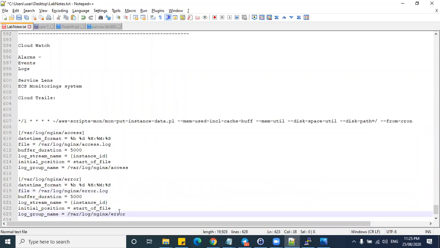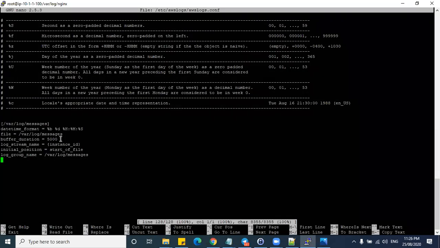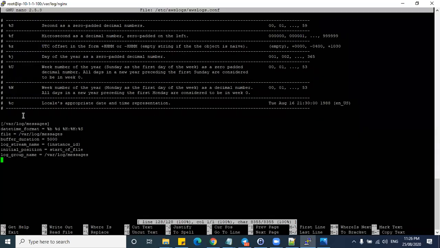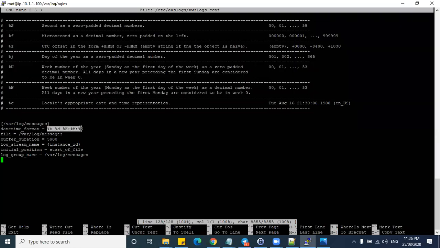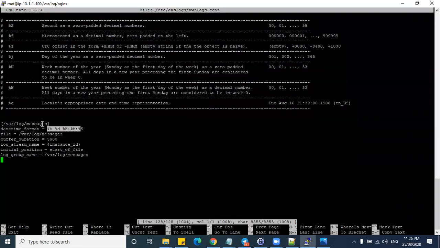Any queries on why I'm doing all these things? So we have installed a tool called the AWS log collector. This AWS log collector will have a configuration file. This is the file which I have opened. So if you see here, these are the parameters you can configure so that the logs will be pushed in a particular format. Say for example, if you know Apache Log4j, it's similar to that. In Apache Log4j you will have some format.